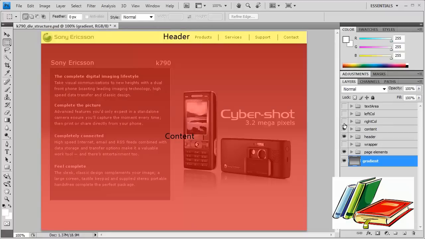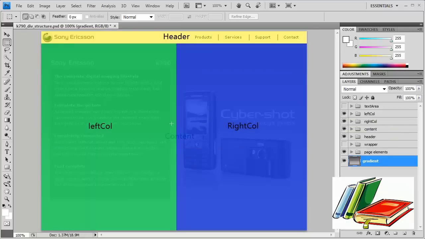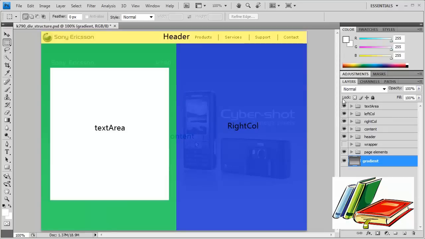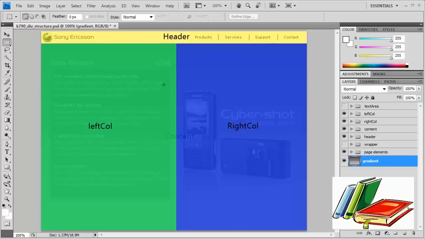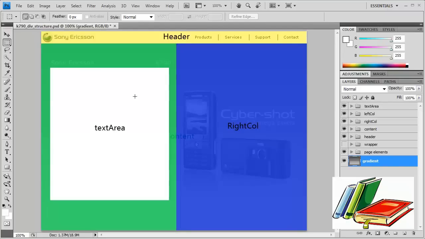Then we go up to left column and right column, and this, as you can see, is inside the content area. So these would be nested divs within that, and we would then have a text area for the box, which we can see in the back there. So if I turn that off again for a sec, and the left column, you can see this box with a border around it. So I'd be trying to control the appearance of that box inside the left column, and I can put borders on it to give it that kind of